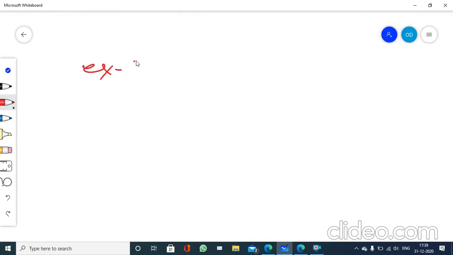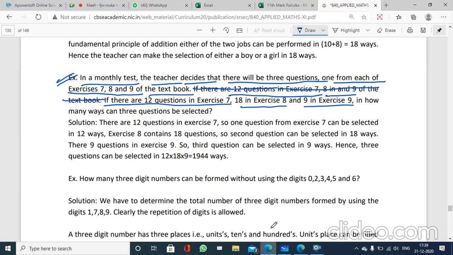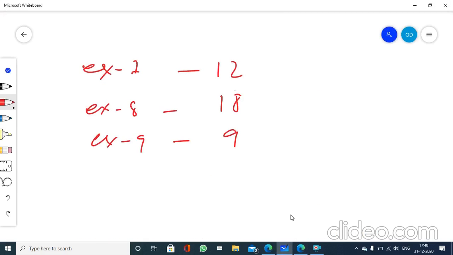Exercise 7. How many questions are there? 12 questions, right? Okay, sir. Exercise 8, 18 questions. Exercise 9, 9 questions. Now the question is, how many different ways can the questions be selected, or how many different ways can